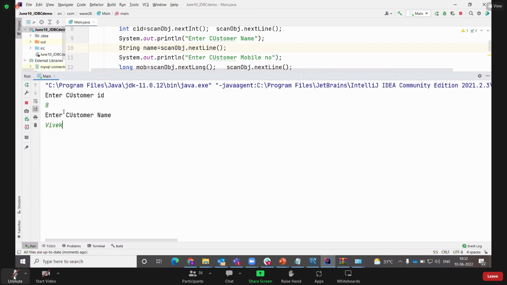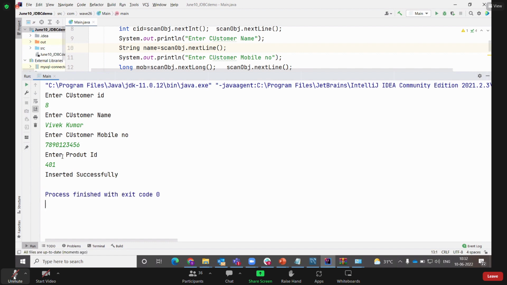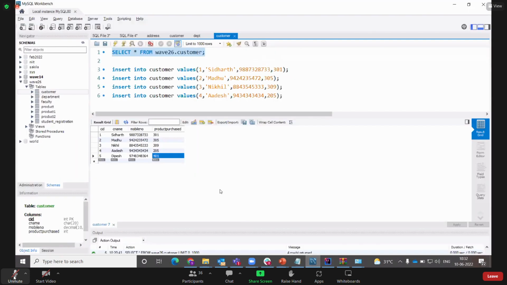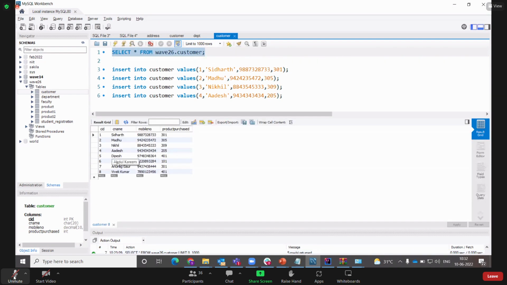8, Vivek Kumar. Mobile number and the product ID is 401. Runtime values are inserted. You check the output in your MySQL. Already I have 5 records. What will happen if I execute? All the records. So all the 3 additional records that I have inserted